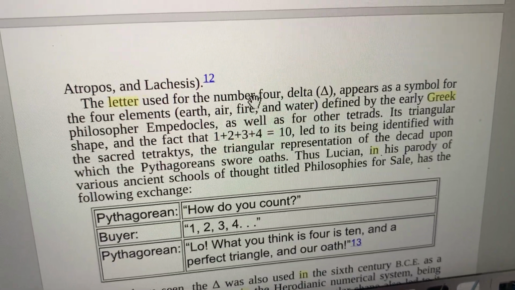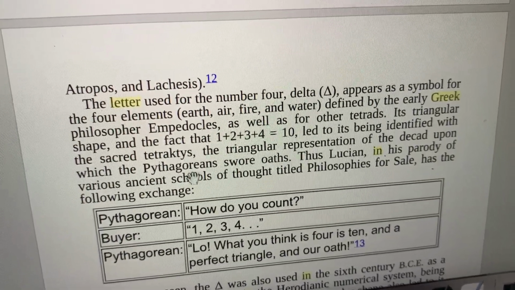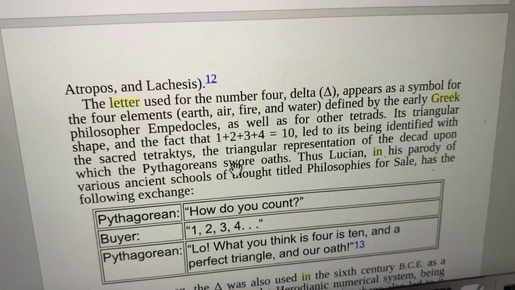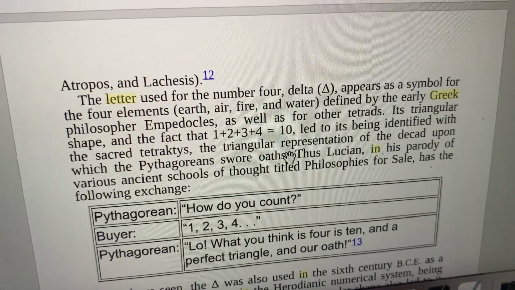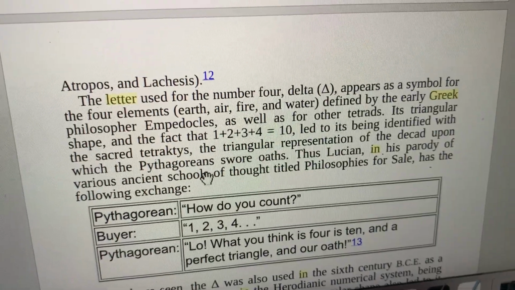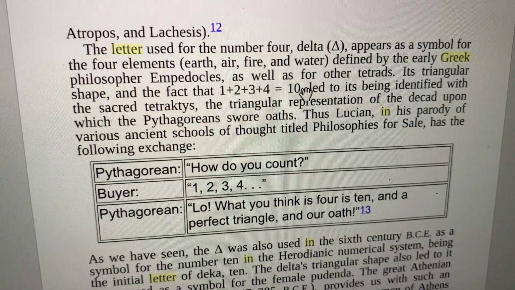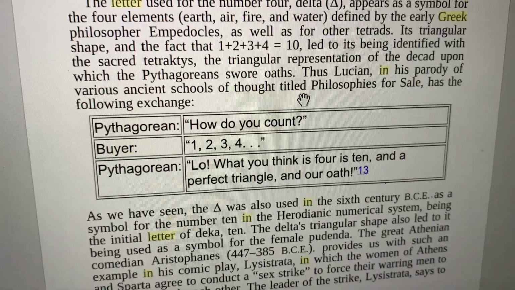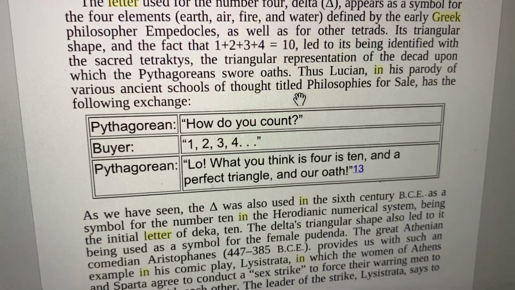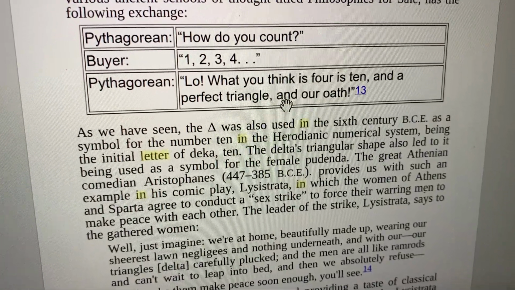This triangle shape and the fact that 1 + 2 + 3 + 4 = 10 led to it being identified with the sacred, I can't even pronounce that. The triangular representation of the decade upon which, okay, this has nothing to do with what I was talking about, but I'm saying it equals the number 4, right? So we have delta equaling 4. 4 equals the number of death as well in numerology, in Chinese numerology or astrology. And then